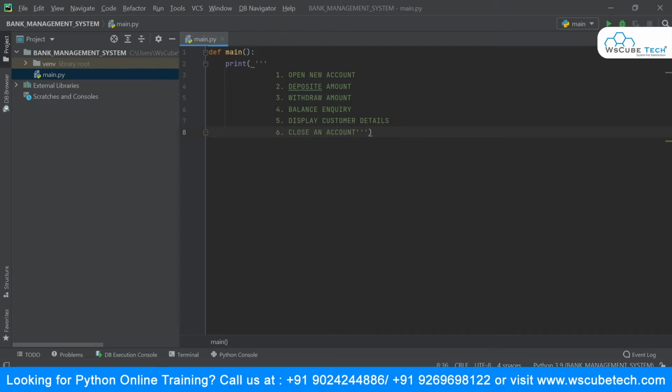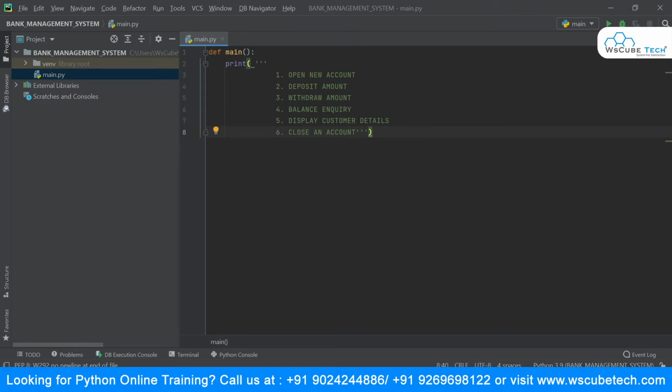So these are all the operations that a particular customer can perform in a bank. All right. So as soon as we run our project, this thing would be displayed first. It will give an idea of what all operations there are inside your project.